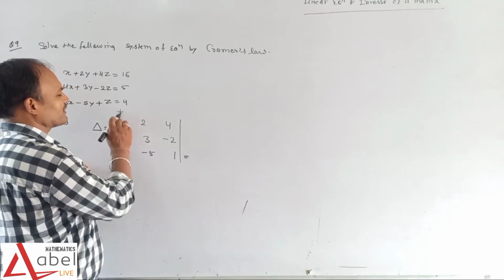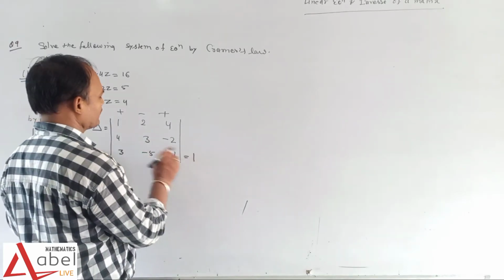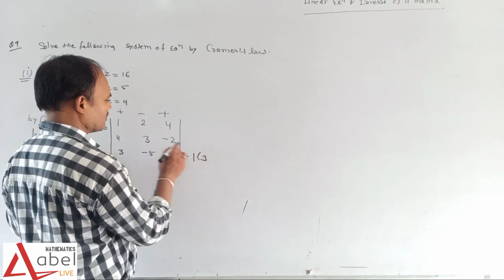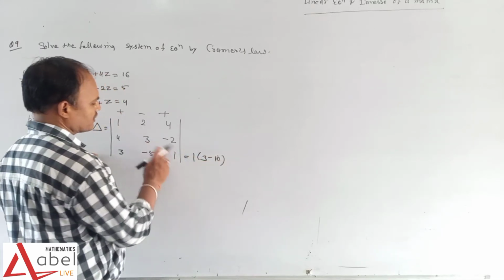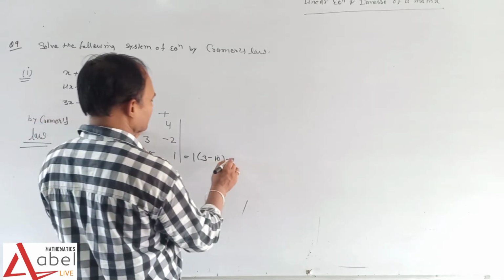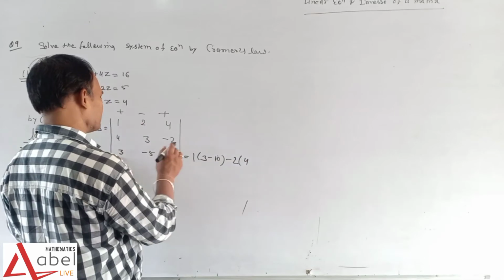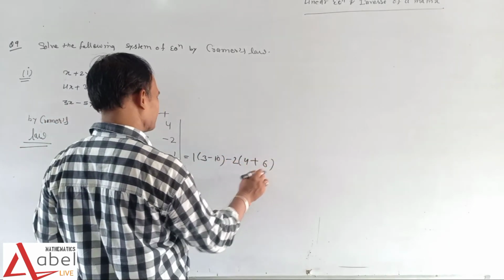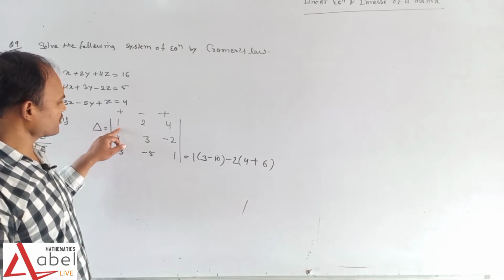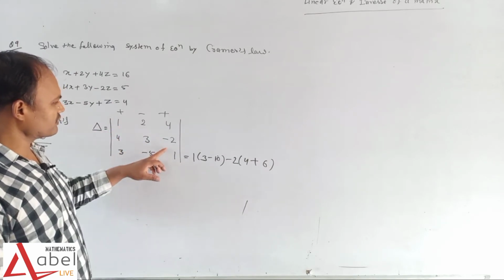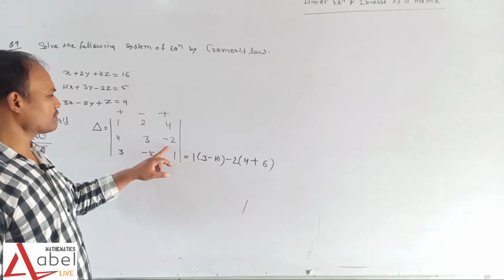Let's see, it is a plus and it is a minus and it is a plus, and we have to find the value. So it is a 1 and it is a 3, minus minus plus and it is minus, so it is a minus 10, 3 minus 10. What about here? It is a minus 2 and it is a 4, minus minus plus, so it is a 6. Let's see, when we go on to find the value with respect to 1, it is a 3 minus 10, it is a minus 2, so we can say that it is a 4 minus minus plus, so it is a 4 plus 6.